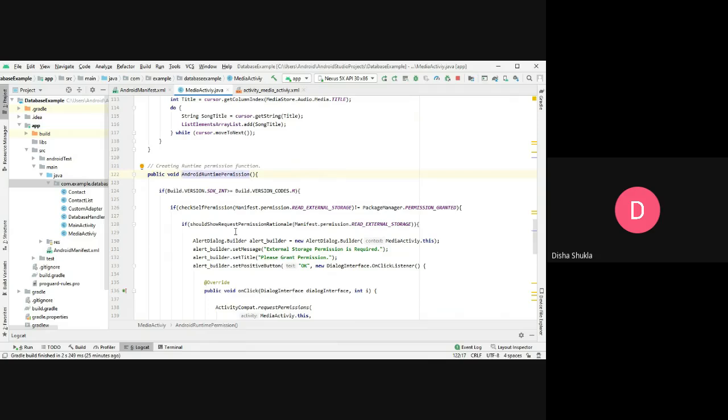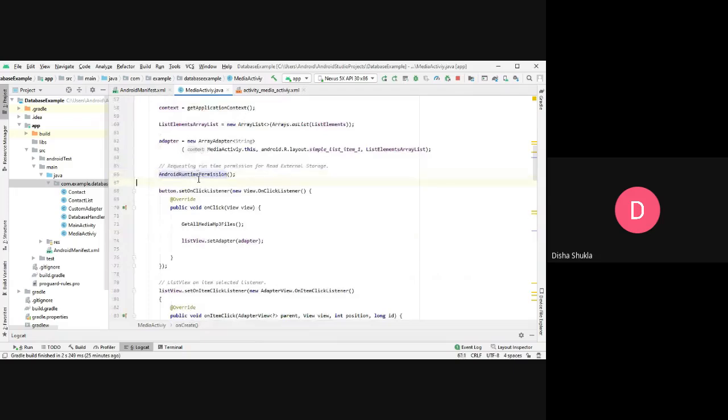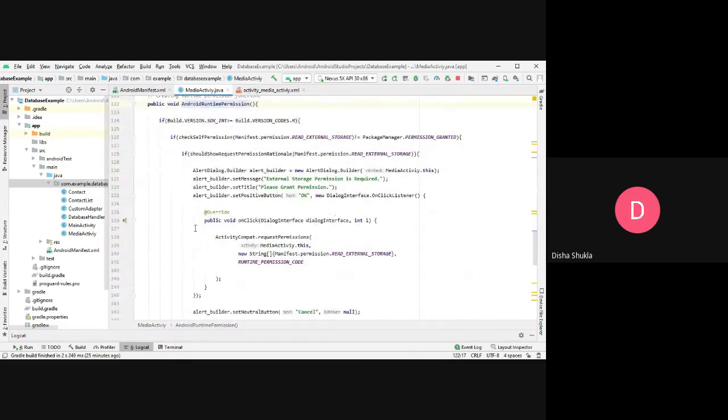So at that time, if you accept all those things, then it will not further ask you for any kinds of permission. But after the Marshmallow version, it is important that you ask for all the permissions or all the things that you are going to access from your phone. So for that you need to take the Android runtime permission. So I am just calling this method over here. And what does this method do? This Android runtime permission is something that will be used to create the permissions dialog.